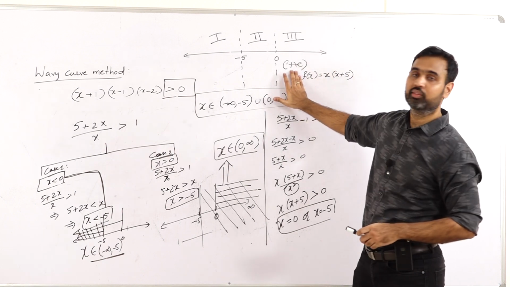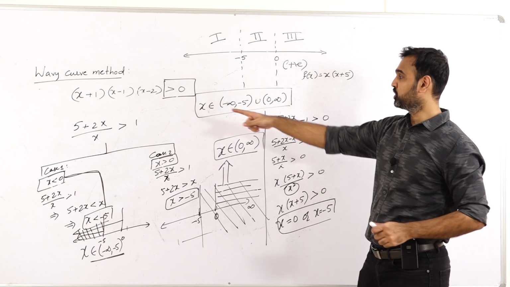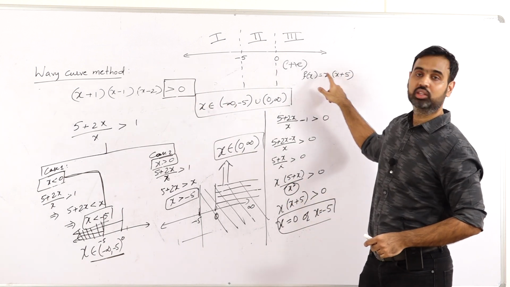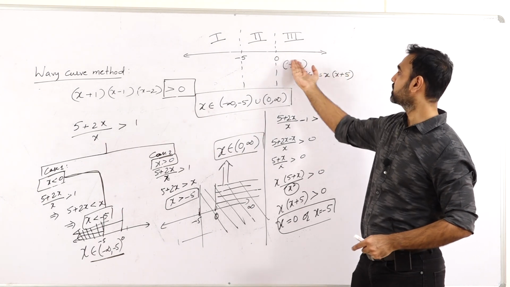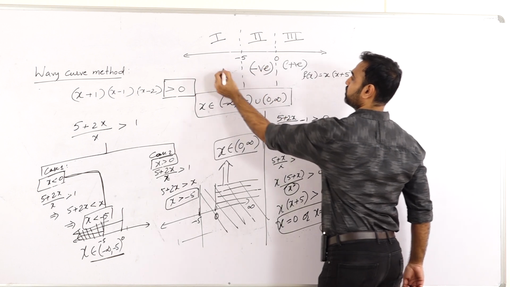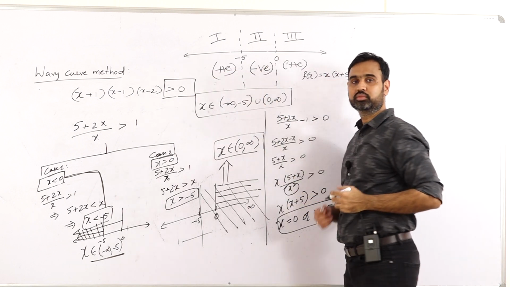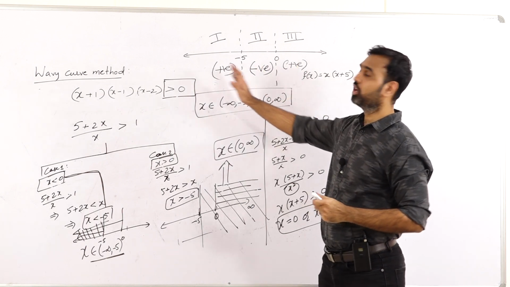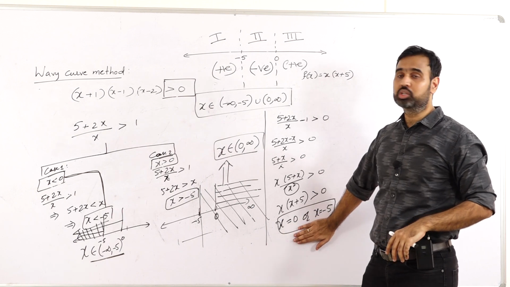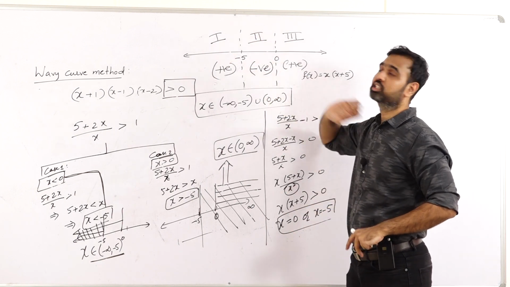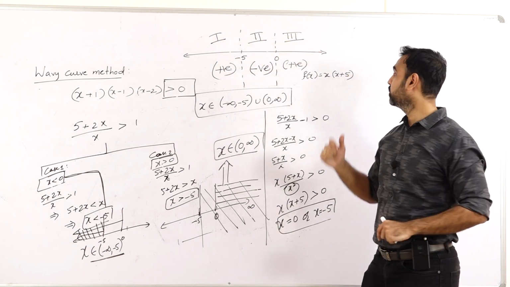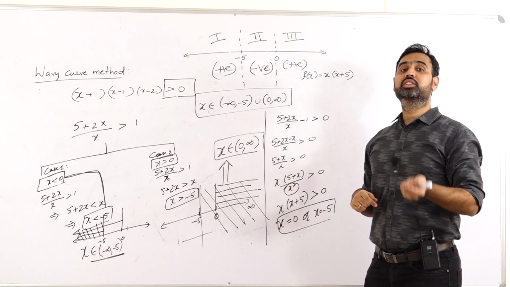So if this is positive, remember, as I mentioned, when the powers of the linear factors are odd, you can just take alternative signs. So this is positive, this is negative. This would become positive. So positive, negative, positive. Applying the wavy curve method. So how did we apply? We found the roots, marked the roots, divided the number line exactly at the roots and got three regions, region 1, 2 and 3. And then we determine the sign of the region.